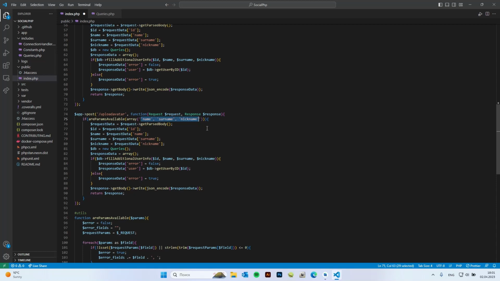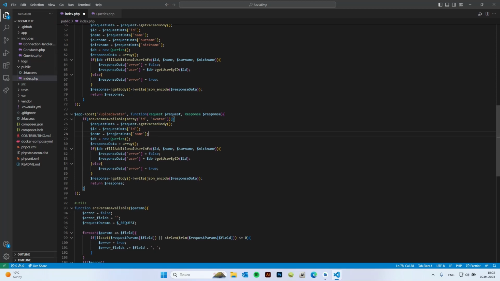We're gonna remove this. We're gonna say ID or avatar if they are available. Gonna remove two unnecessary request data. Gonna change the name onto avatar. The other fields are almost the same, but